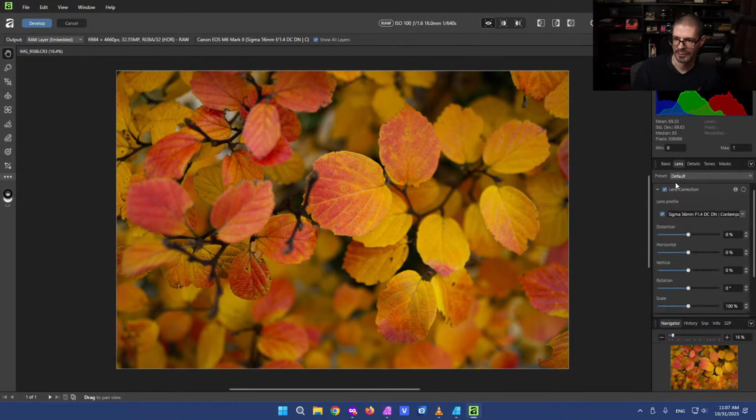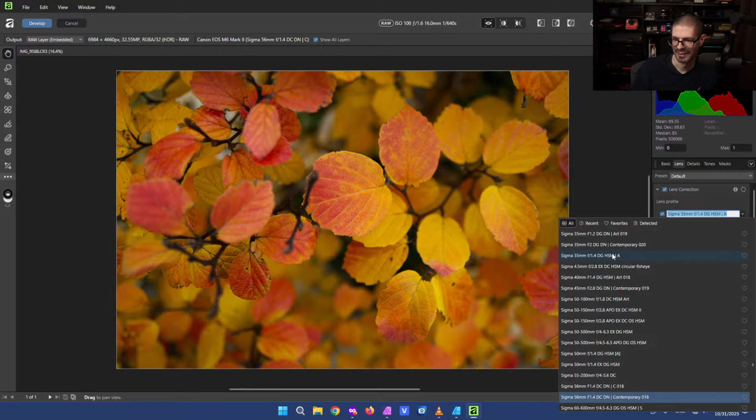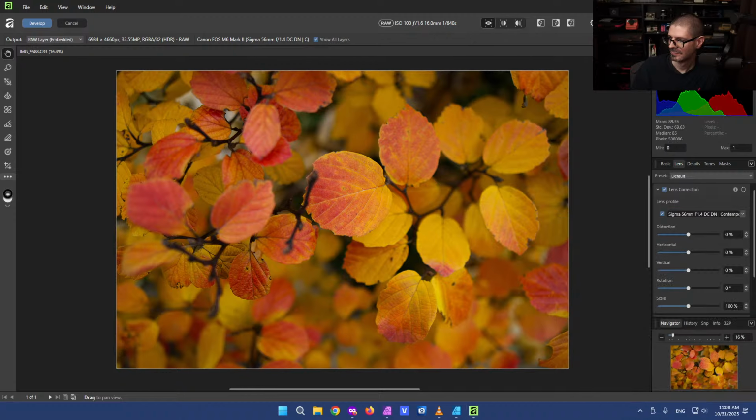All right, lens corrections. Oh, I don't think that's the right lens. Should be the 16. Switch it here for a second. Pretty sure that should be the 16 millimeter, not the 56. And pull up